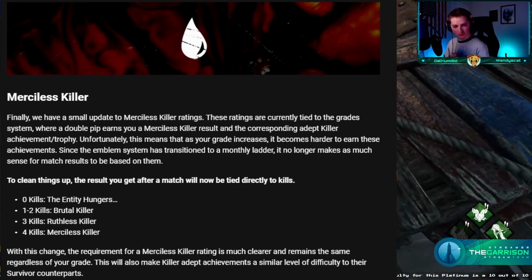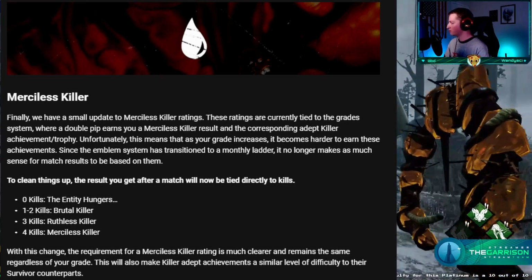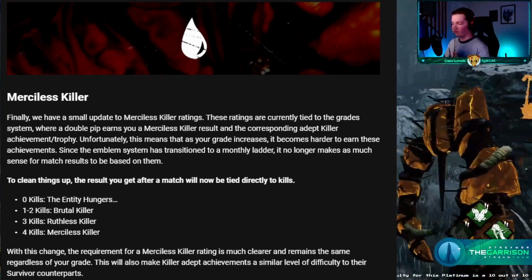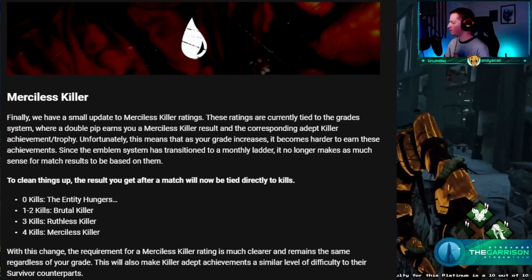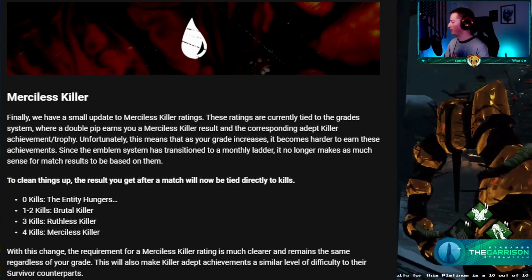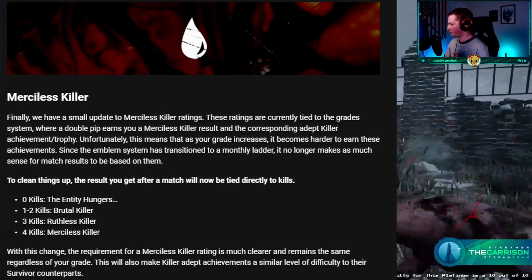So now, if you do 0 kills, you don't get anything. You'll get the Into the Hungers. From 1 to 2 kills, it'll give you Brutal Killer. From 3 kills, it'll give you a Ruthless Killer. And if you get all 4 survivors killed, you'll get the Merciless Killer rating. With this change, the requirement for a Merciless Killer rating is much clearer and remains the same regardless of your